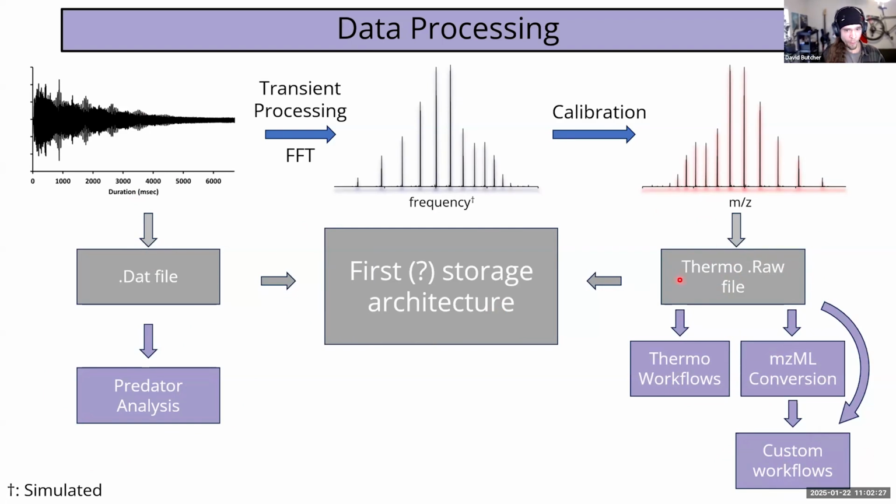Or sometimes the thermo raw file can go directly into those custom workflows. So we've got two dueling data streams here, the .dat files and the raw files, which have different uses and different purposes. Although, again, the mass spectrum and the thermo raw files are oftentimes the only thing that users are seeing. However, the .dat file is still useful to keep, it's useful to maintain, because it is raw